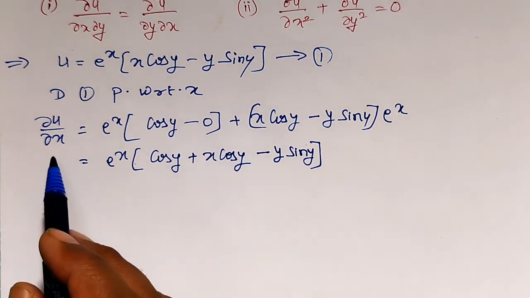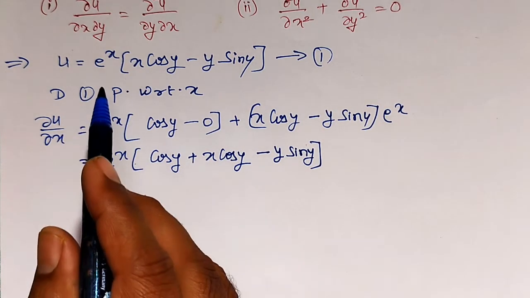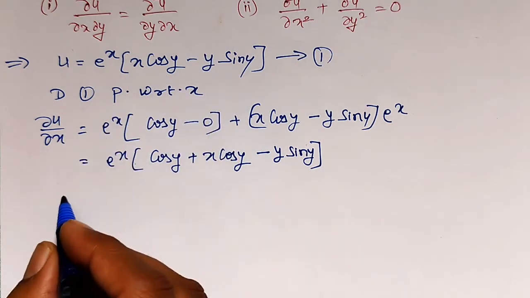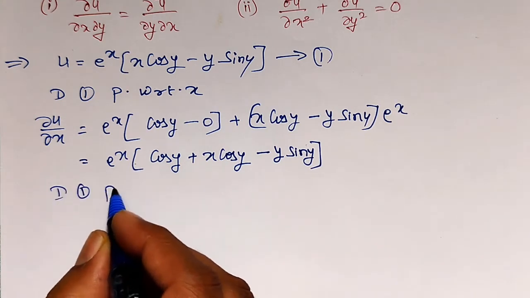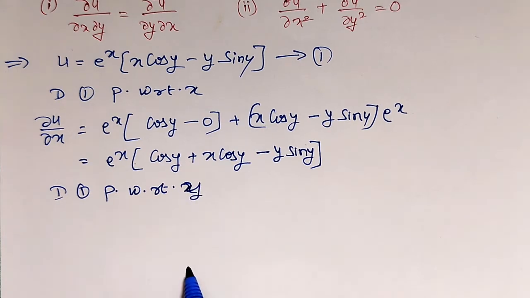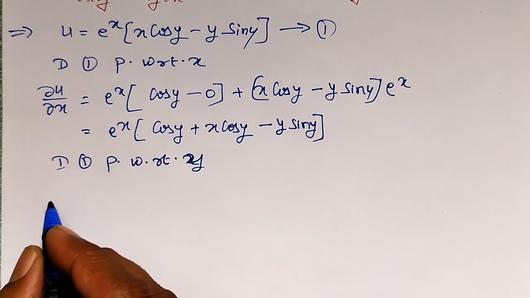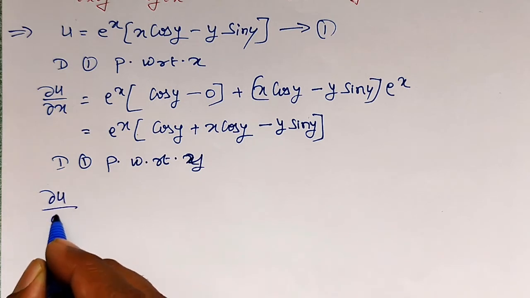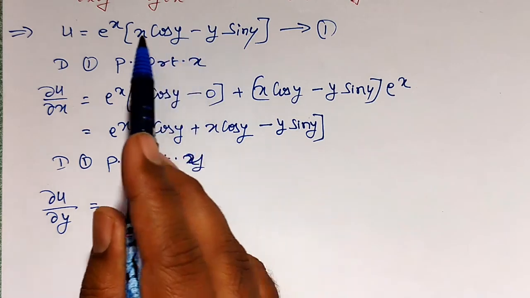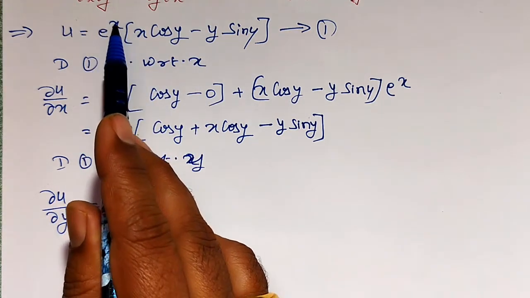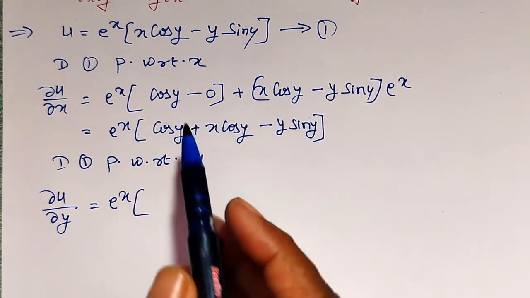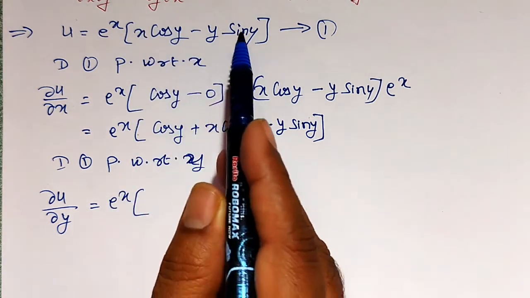Again, we can differentiate 1 partially with respect to y also now. While differentiating with respect to y, we have to take care that the notation is dou u by dou y. Then while differentiating with respect to y, x is constant, therefore e raised to x totally is constant now. e raised to x into bracket, partial derivative of the expression inside the bracket with respect to y,